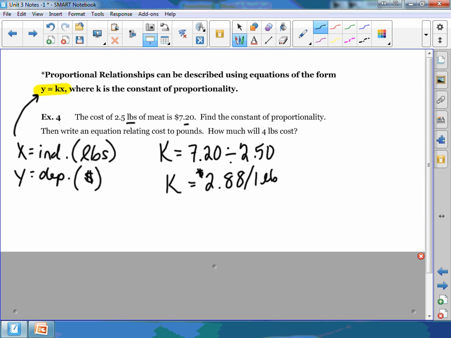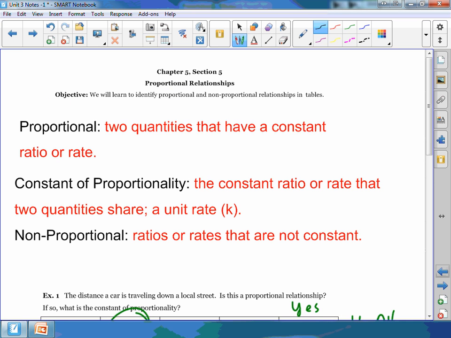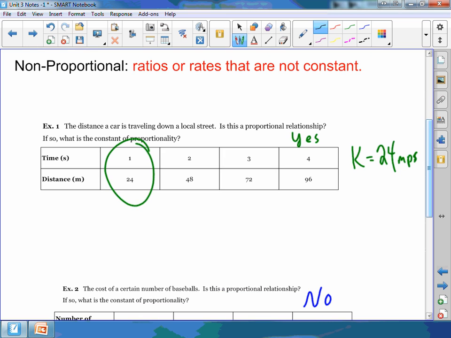Well, does this mean that in order to find the K value, you would take your dependent variable and divide it by your independent variable? Would that work every time? You think? I'm asking the question. I realize you guys have only seen one example, so it doesn't always necessarily work. Well, I'm going to go backwards here. I'm going to go to this first example, which we said was a proportional relationship.